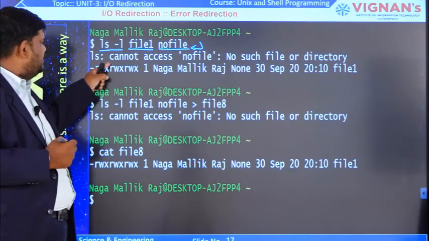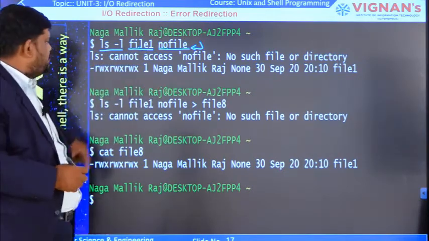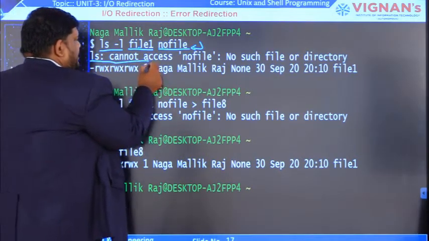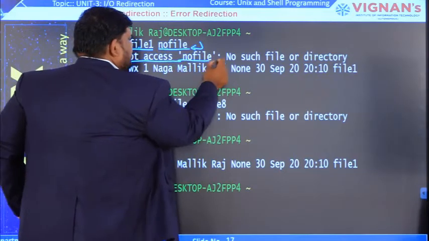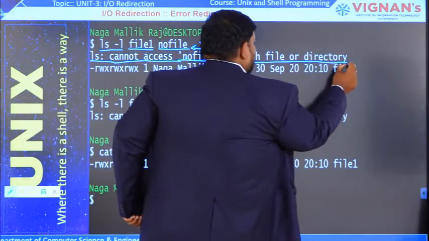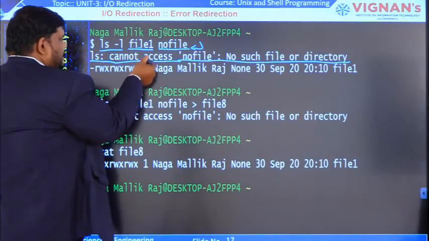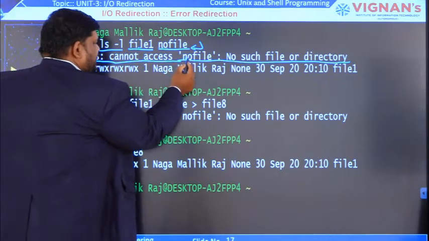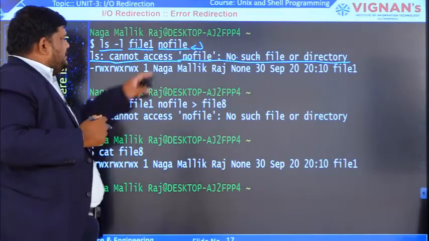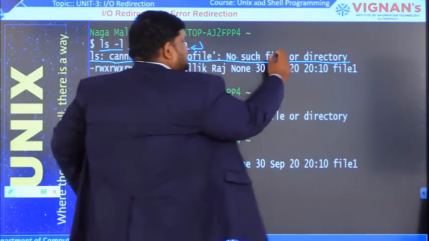If you observe carefully, one is the exact output and the other is an error. The one that says cannot access nofile, no such file or directory, is the error. The ls command gives an error for nofile: no such file or directory means that without that file existing, it cannot give the listing. That's why one error is generated. So this is an error.